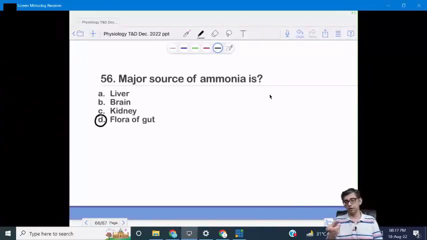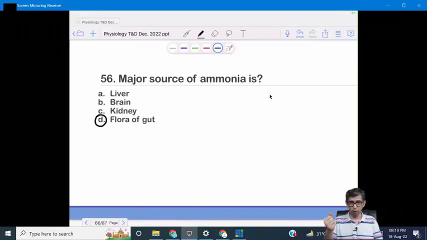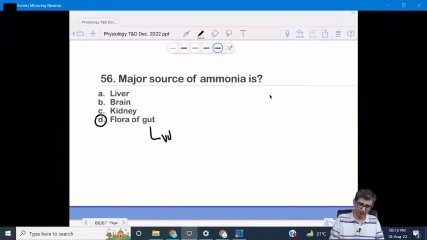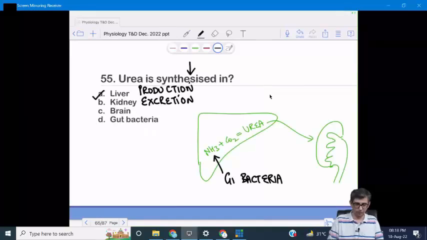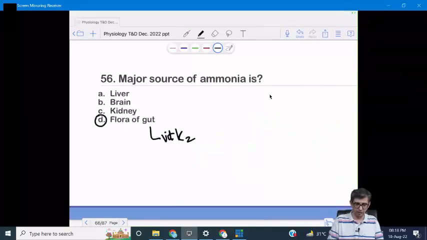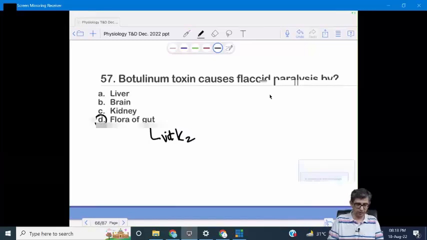The same bacteria that make vitamin K, right? Vitamin K2. The same bacteria which produce vitamin K2 are also responsible for synthesis of ammonia. I mean, 98% of ammonia in the body is made by gut bacteria. 55 is sorted, 56 is sorted. Coming to 57, botulinum toxin